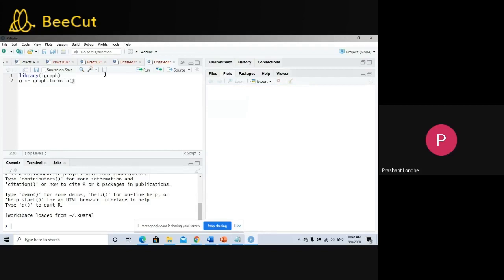I will define anything randomly, or that question will be given in your question paper. Now I'm defining it randomly. 2 is connected with 3. 2 is connected with 4. 3 is connected with 5. 4 is connected with 5. 4 is connected with 6. 4 is connected with 7. 5 is connected with 6. And 6 is connected with 7. Okay, I will plot this graph.